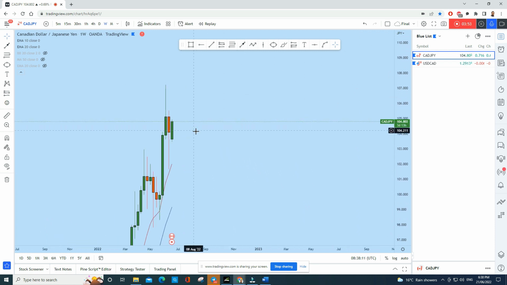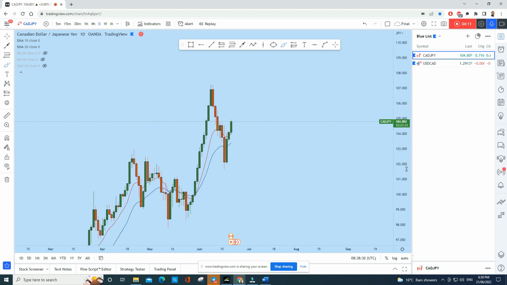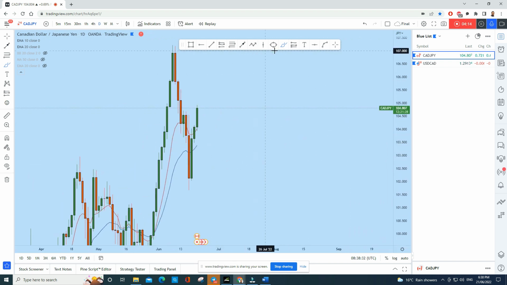Now this is the weekly chart. We have seen that as soon as the market opened after the previous week's rejection from the bottom, we saw that the bulls are now in control. Now with that said, we can expect CAD JPY to continue to the upside, at least even breaking this weekly high. So with that said, looking at the daily time frame,